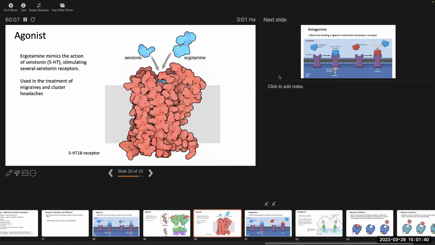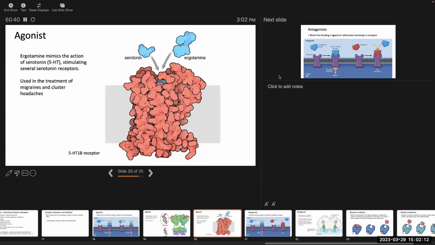This is the 5-HT receptor, also known as the serotonin receptor. Again, you see the gray box back there that represents the cell membrane, where this thing is embedded in the cell membrane. And you've got serotonin, which is a neurotransmitter. This would be the endogenous ligand, the natural ligand. Serotonin binds to this particular binding site on the outside of the 5-HT receptor, and